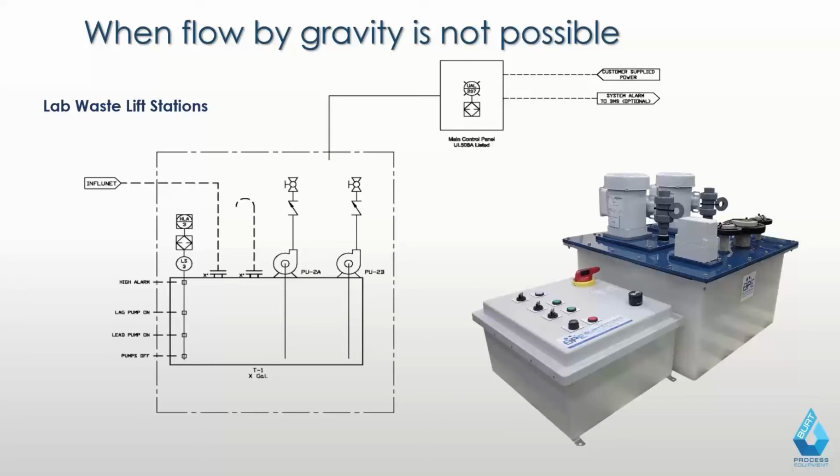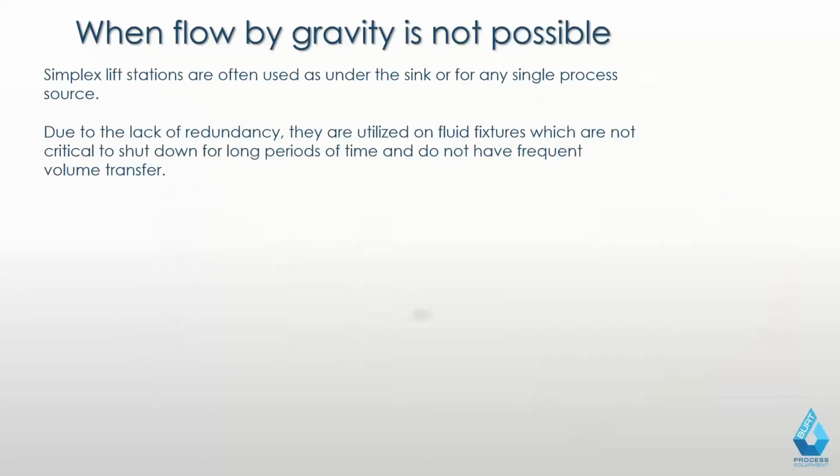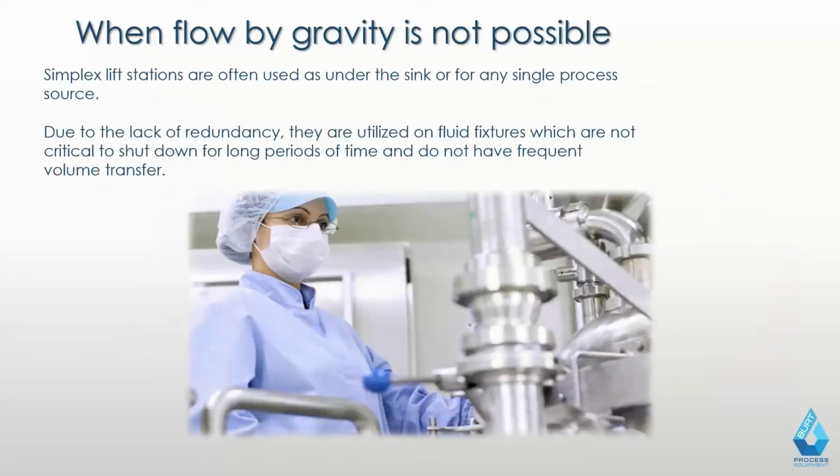Or say things like on the first floor, for example, that riser diagram I showed you guys earlier, you can go to the lift station from the first floor and then all the subsequent floors then flow by gravity down. The other case where you see lift stations utilized often is when you have to do an addition. If you're adding an additional lab spacing that's not tied into the base drainage, or the drainage line is too far away, putting in a smaller simplex design lift station that allows you to pump from these individual lab sinks